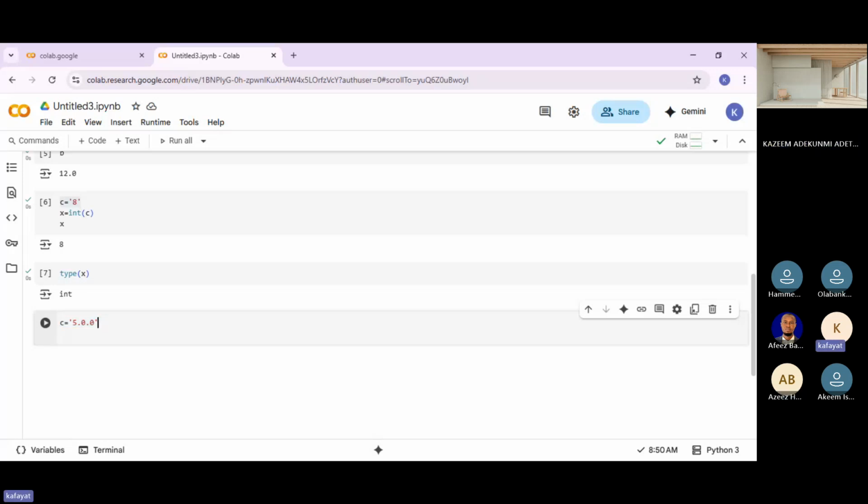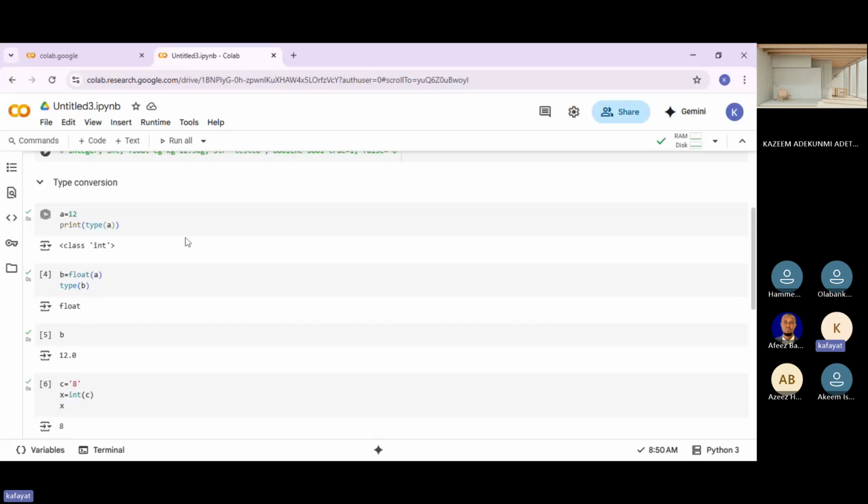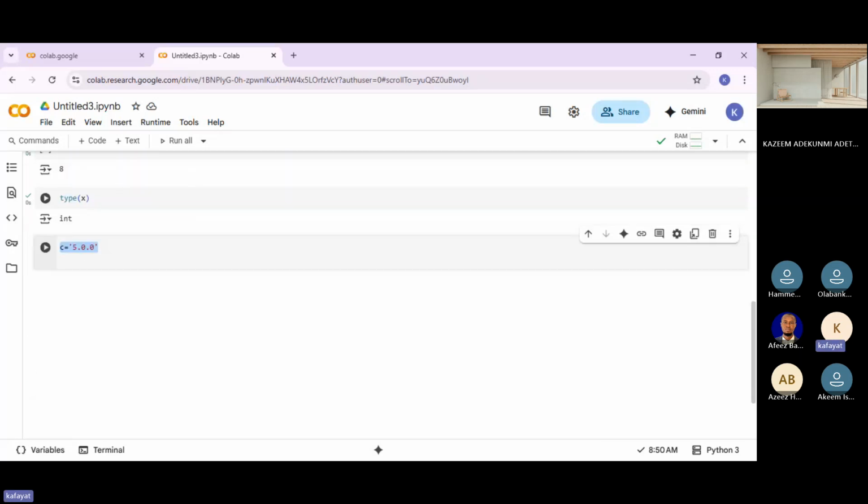So this is not in a number format. As we proceed, we're going to see how we can do a lot of data manipulation and data cleaning. So for data types, I'm going to be stopping here for today. Any question before we proceed?